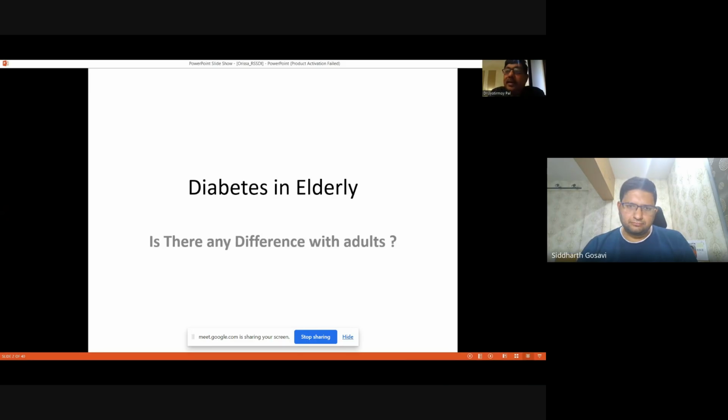But why diabetes in elderly? At present, elderly population is 13%, but it is going to be almost 30% in 2050. So, in coming days, for physicians, management of different diseases from the elderly perspective should be the bread and butter. So, within the next 12 to 15 minutes, we'll discuss diabetes in elderly,